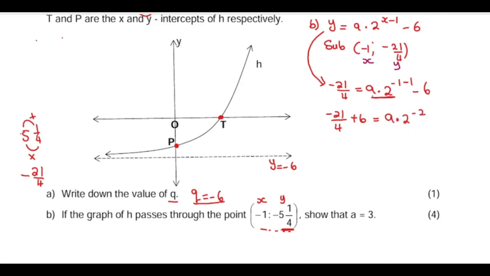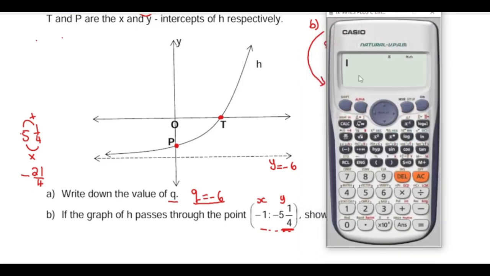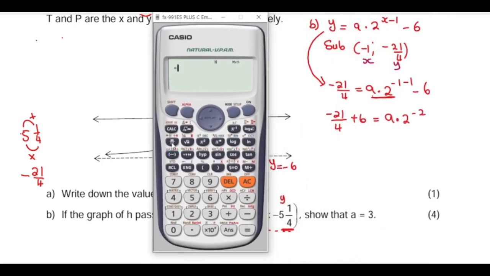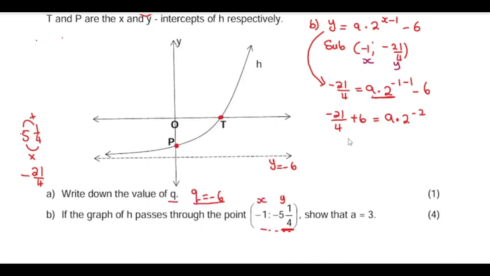So let's quickly put that on the calculator and see what we get on the left hand side. So I'm going to say this is negative 21 divided by 4, and we are adding 6. When we add these two, we get 3 over 4 on the left hand side. So this will be my 3 over 4. We equated this to that. So now remember,